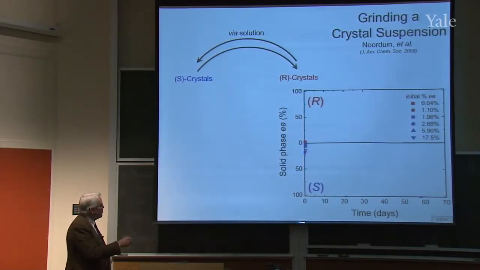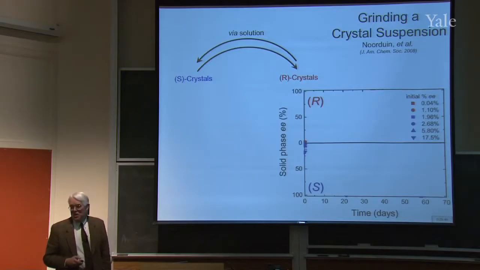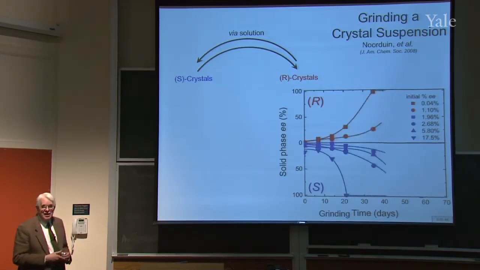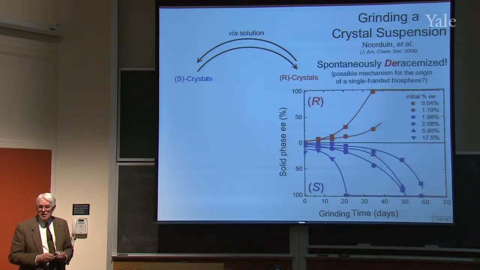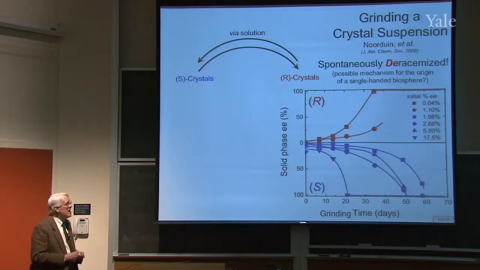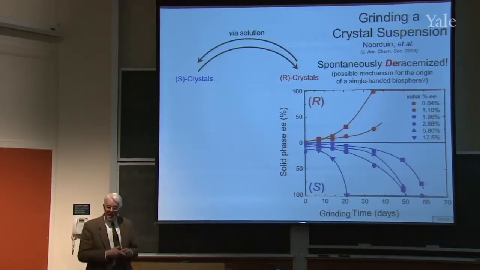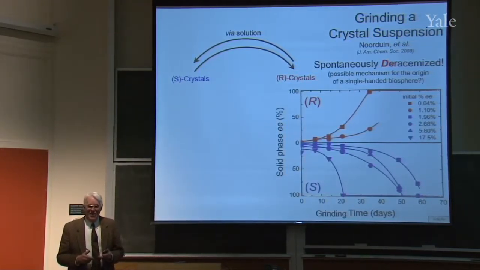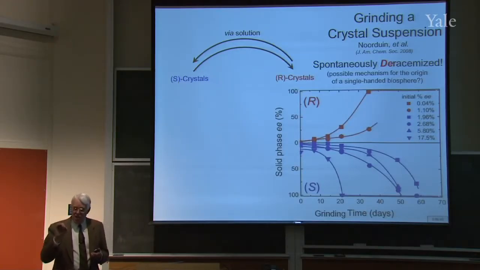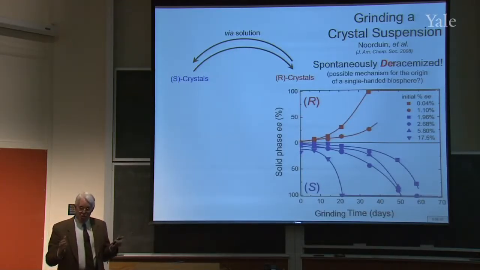So you'd expect a curve that would look like this, right? It would go along, depending on how fast it is, and become 0. This is what actually happened. So it deracemized, right? It became a single enantiomer. Whatever was in excess at the beginning, all the crystals became that,